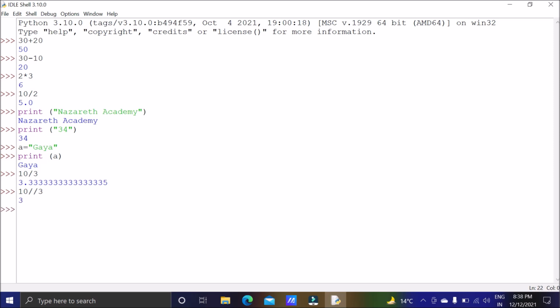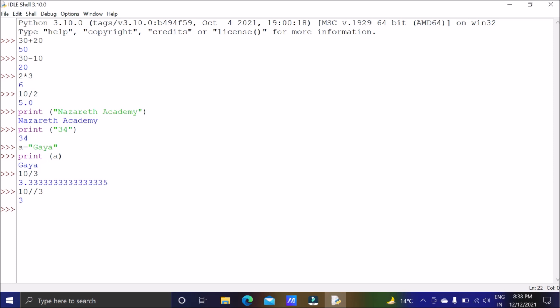See, I got 3. So if you go for double slash, meaning floor division, you will get only the integer part. It will divide the number 10 by 3, but it will give you only the integer part. The decimal part will not be shown.